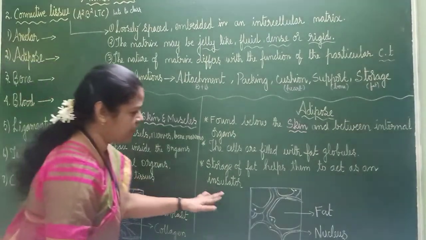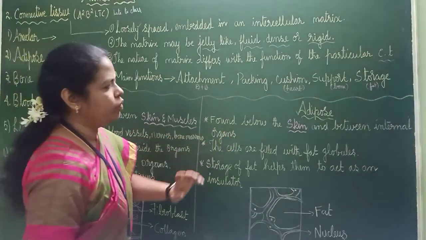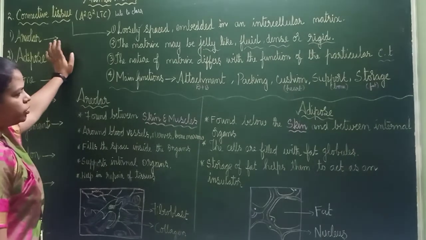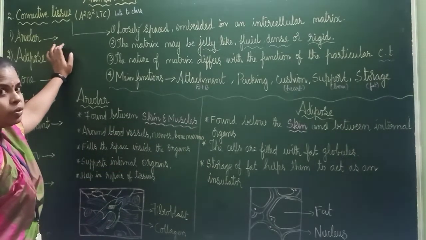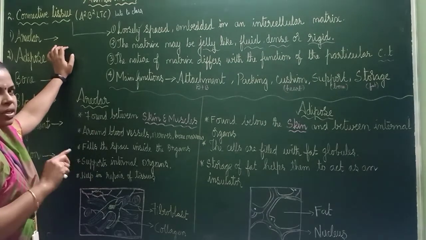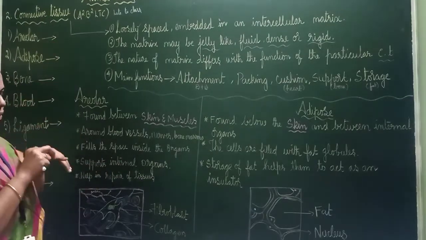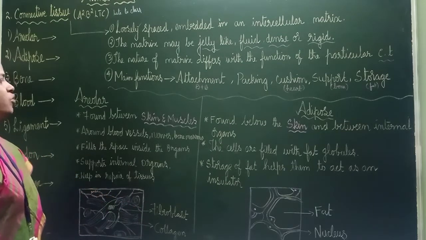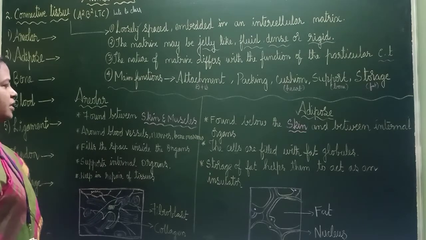2 A are there. Okay. I have written areolar and adipose. One by one we are going to see. Areolar tissue, if you see, is found between skin and muscle. I told you that this is a connective tissue, right? So, it is connecting 2 things. What and what it is connecting? Skin and muscle. Skin will be the outer layer and then there will be what? Muscles, no? So, it is connecting. It is found between skin and muscle. It will be connecting that.